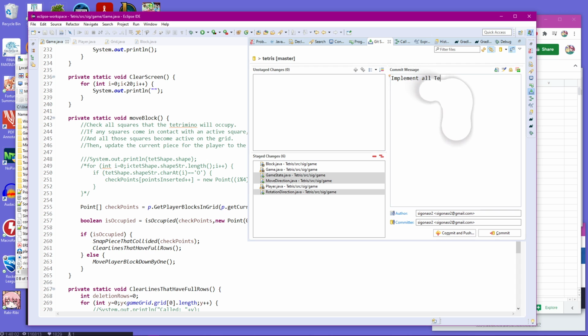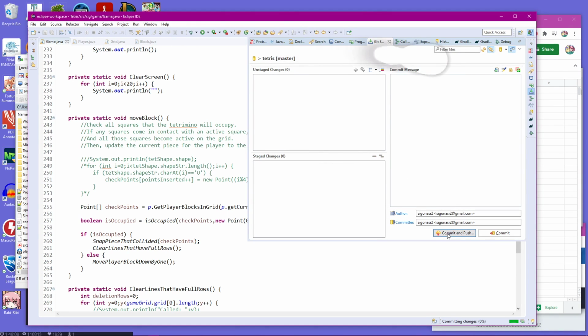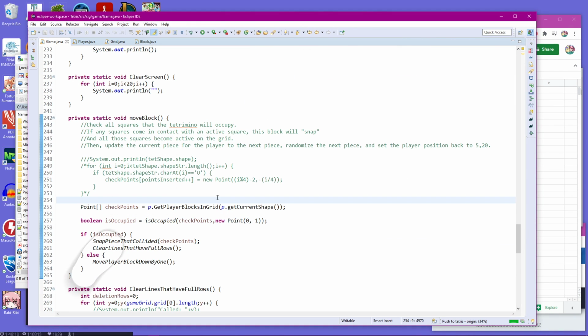Implement all Tetris basic functions. Yeah, that's all the main functions that the game needs in